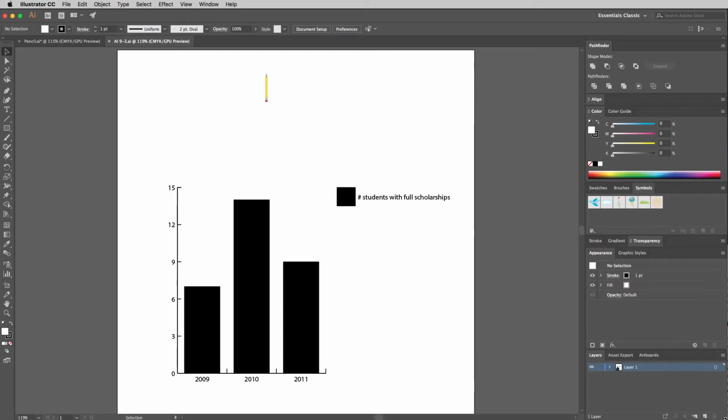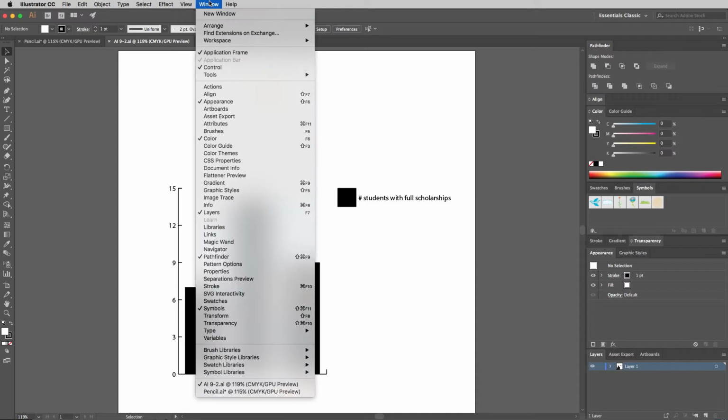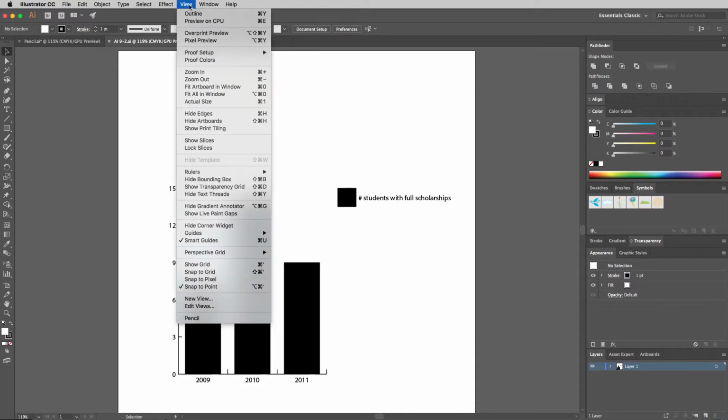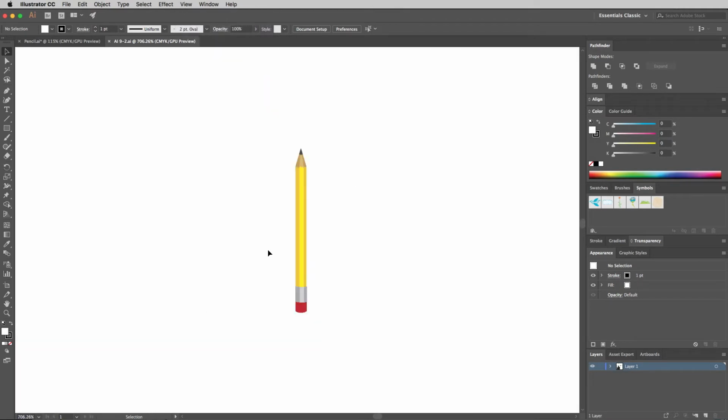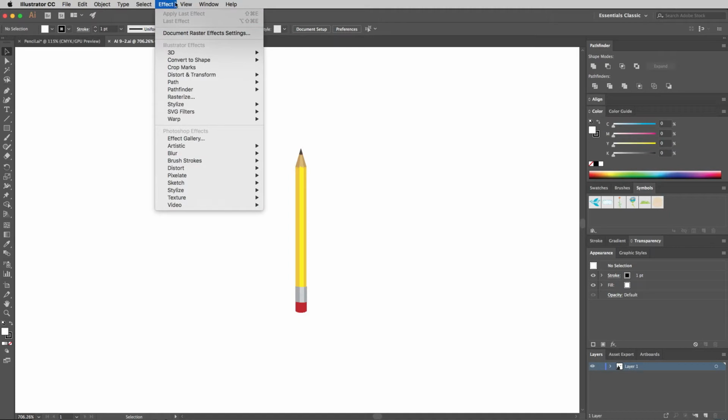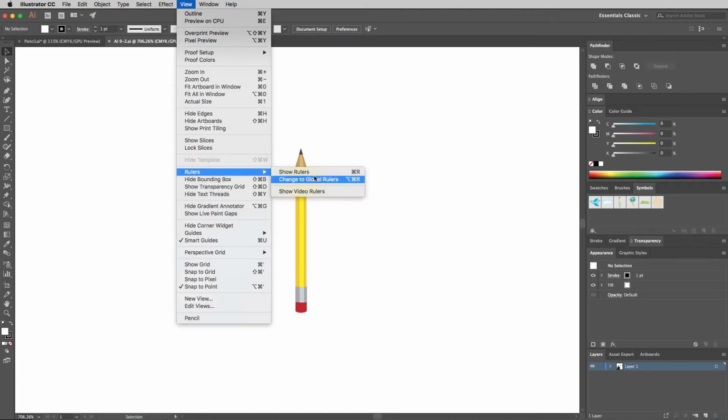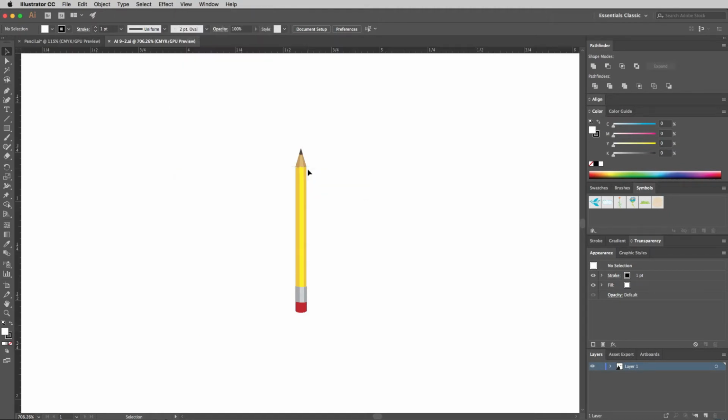Okay, so let's take a look at how to do this pencil graph from chapter 9. We'll go up to the View menu and choose the pencil view. That's going to allow us to zoom in on this tiny little pencil, and we need to then go up to View, Rulers, and Show Rulers if you don't have the rulers, and that's going to allow you to take